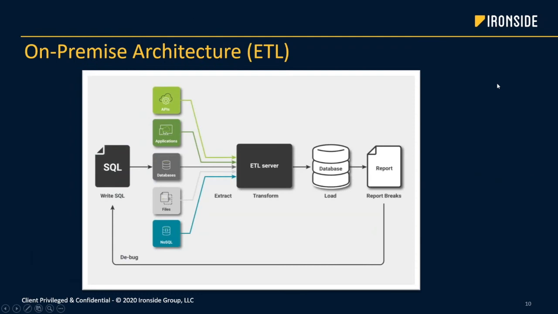Okay, thanks. So what you see here is your traditional analytics architecture, your BI architecture. You've got your data silos and your various data sources on the left. You've got your ETL server. So your typical BI architecture is ETL, database, reporting. So that's the three you're seeing on the right. Now, on an on-premise architecture, typically your ETL server is going to be doing most of the workload, right? That's where all of your data transformations are happening, all of your core business logic.